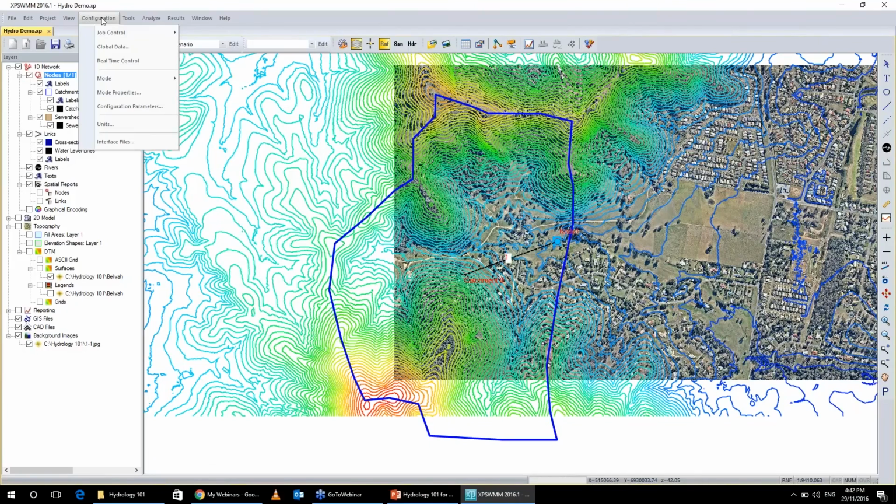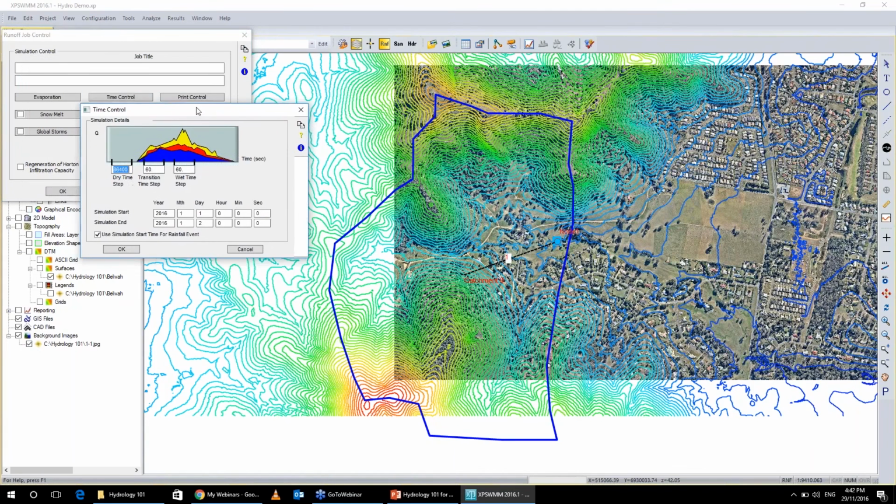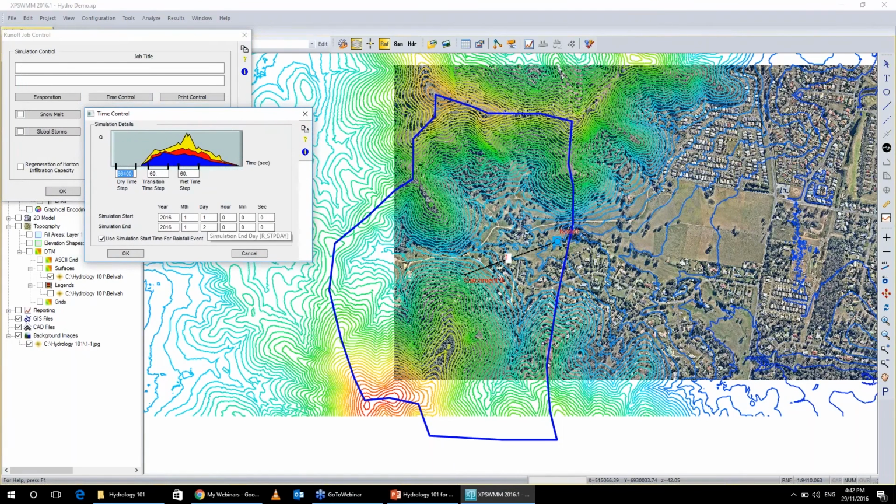The last thing I need to do before I can run this particular little catchment is go and test my time. I need to tell the software when and how long this is going to run for. So I go to my job control, and the only thing that I'm going to change here is really the time, and check that it's okay. So I'm just running at the start of this year, start of 2016, run it for 24 hours with a